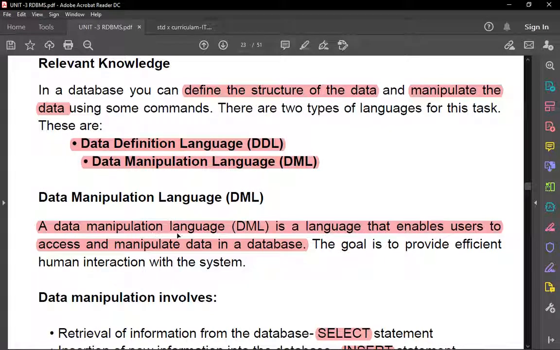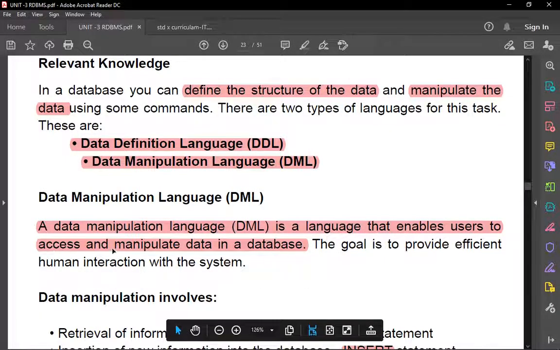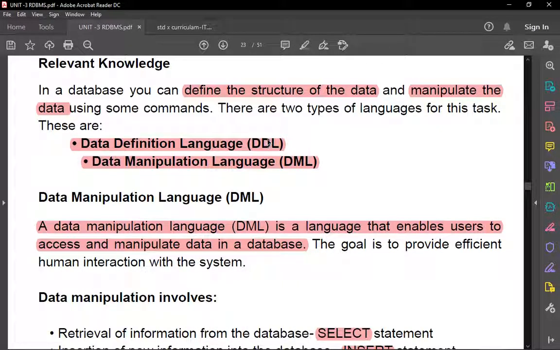DML means data manipulation language. It enables the users to access and manipulate data in a database. DDL means the language which we use to create the database and the tables. After creating the database and the tables, we can extract the data from the tables.